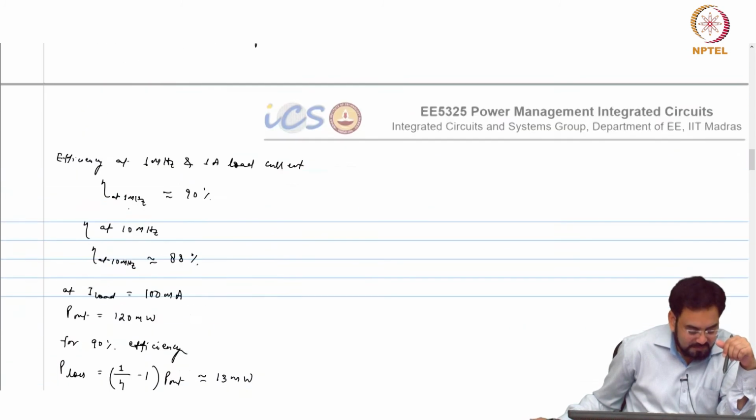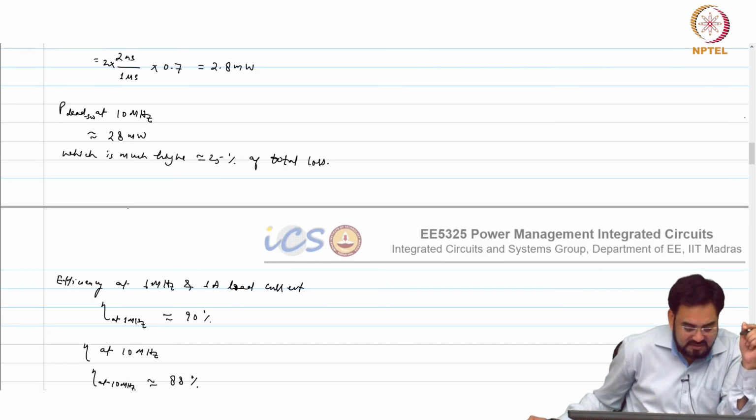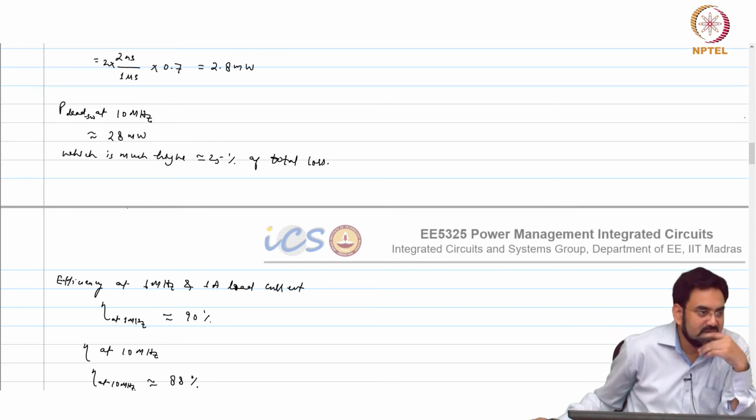Yeah, 1 milliwatt plus 1.2, and how much will be the dead time loss? That will scale, huh? So what is the total? That dead time loss will be 1/10. 2.2 plus 2.8. So 4 milliwatt. 4 milliwatt. So within 10%, huh? Which means that at 100 milliwatt, it's okay. Fine.